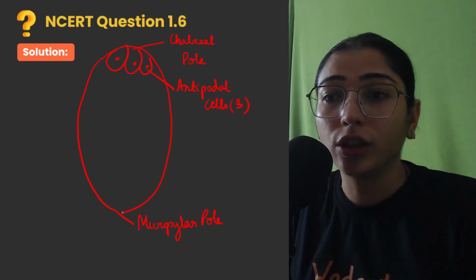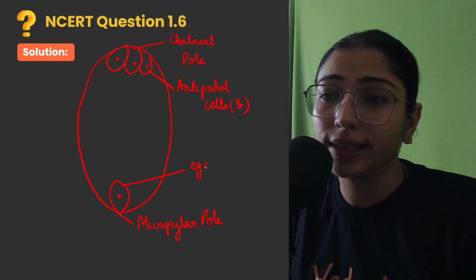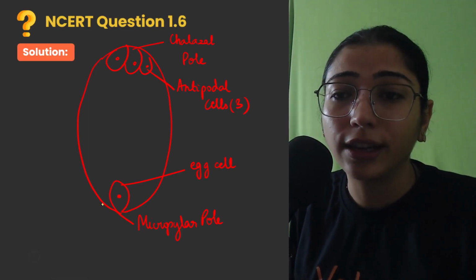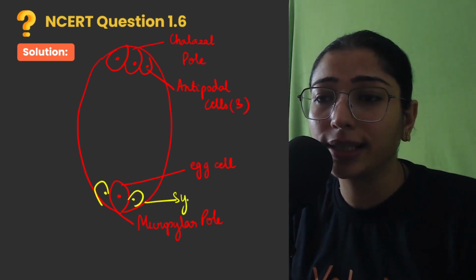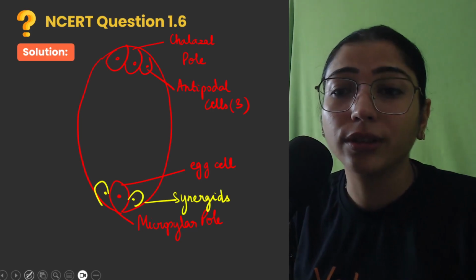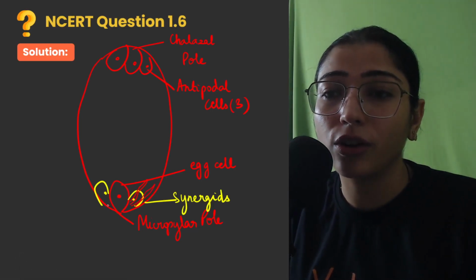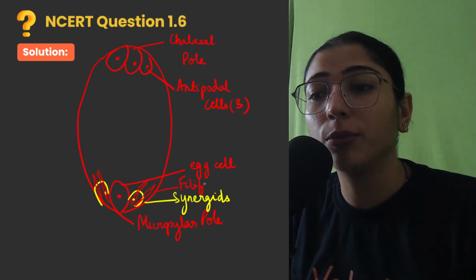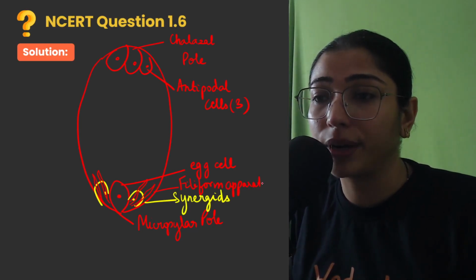3. On the opposite end, if we look towards the micropylar pole, there is one large cell in the center that we call egg cell, and surrounding it there are 2 cells which are smaller comparatively, and they are known as synergids or synergid cells, right? They are known as synergids. And children, these synergids are supplied with long thread-like structures called filiform apparatus. Inside them there is filiform apparatus which attracts the pollen tube towards the egg cell. So this is filiform apparatus.